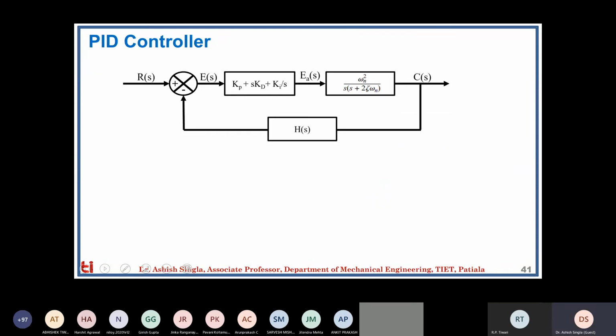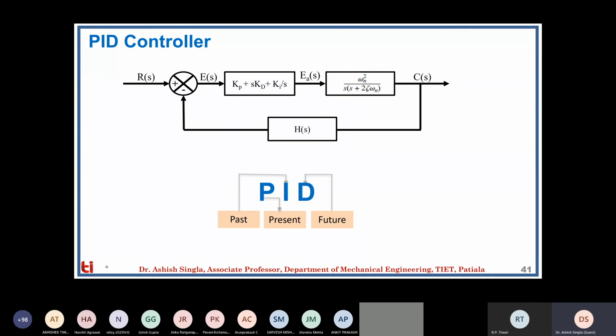And finally, we have the PID controller. As we have discussed, we have the proportional control, which deals with the present state of the system. We have the integral control, which is based on the past accumulation of the error, so it deals with the past of the system, taking care of the historical data. And the third, derivative, because it is anticipatory in nature, takes care of the future of the system, what the system is about to respond in the near future.